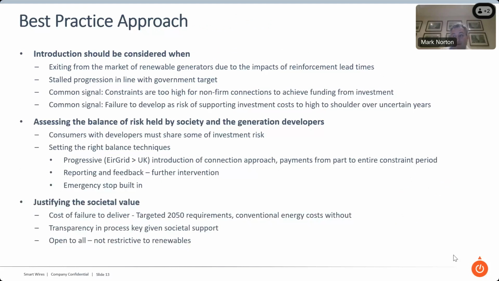And then finally, and I know I'm just a little bit over time, just to talk about, in summary, what's the best practice approach to connect and manage. The first thing is the introduction should be considered when you're in a situation. So we've seen this pathway going forward. To some extent, there's no point in implementing it early. But when you get to the point where you're seeing,